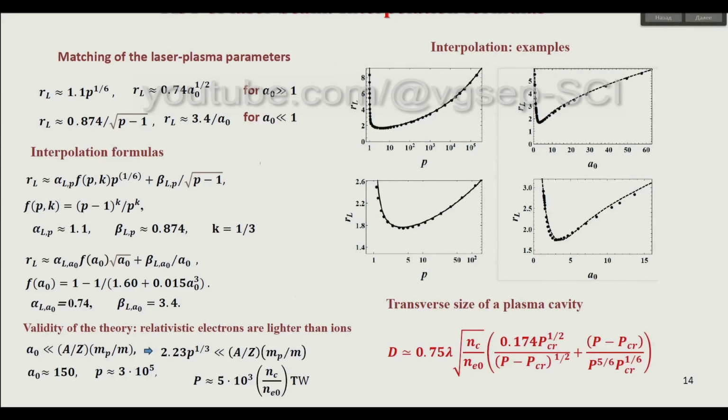The correlation between theoretical, numerical results and theoretical interpretation is given by this formula. This can also be done for the dependence upon P and upon laser intensity. And as a result of this, we have the final formula, which may be used as a so-called cornerstone in the whole building of theoretical modeling, and can be used in